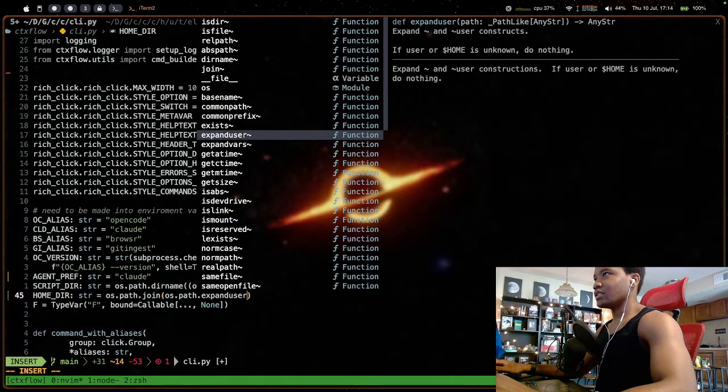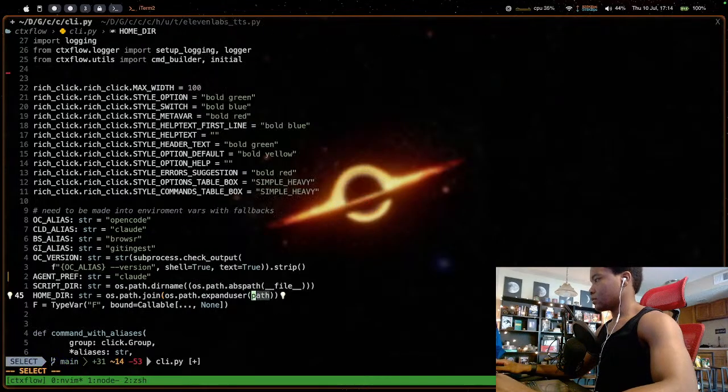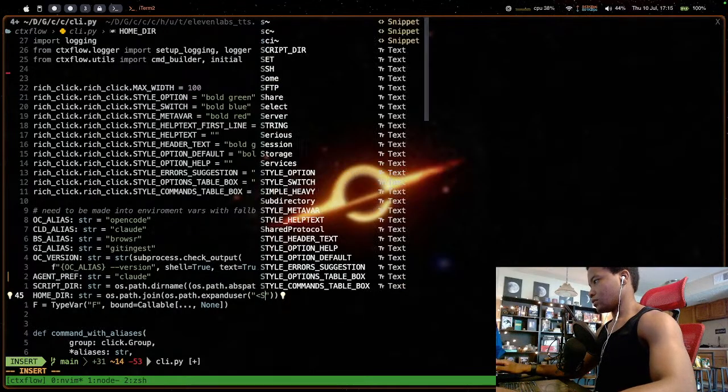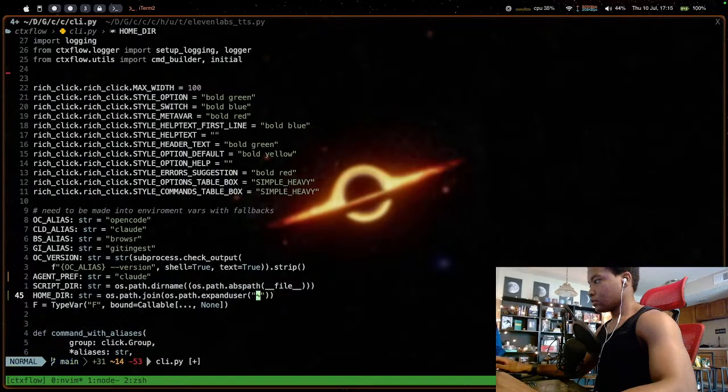Expand user, that's what it is. Expand user constructs the user or home. So no, that's it. It's not wrong. It's the keyboard.